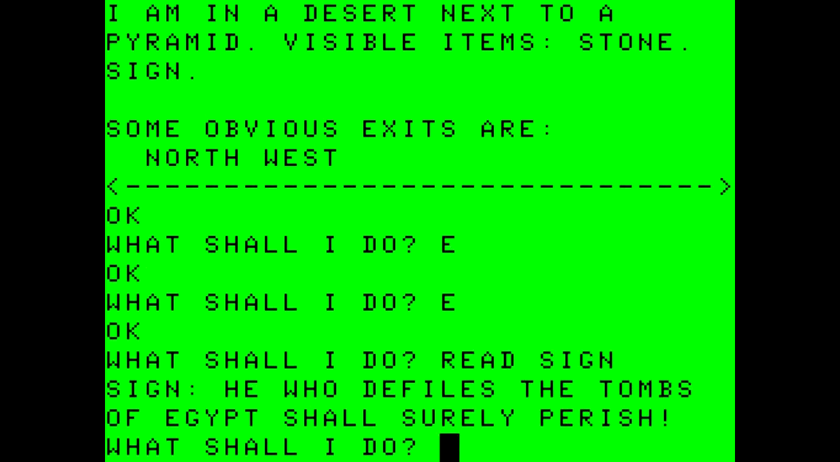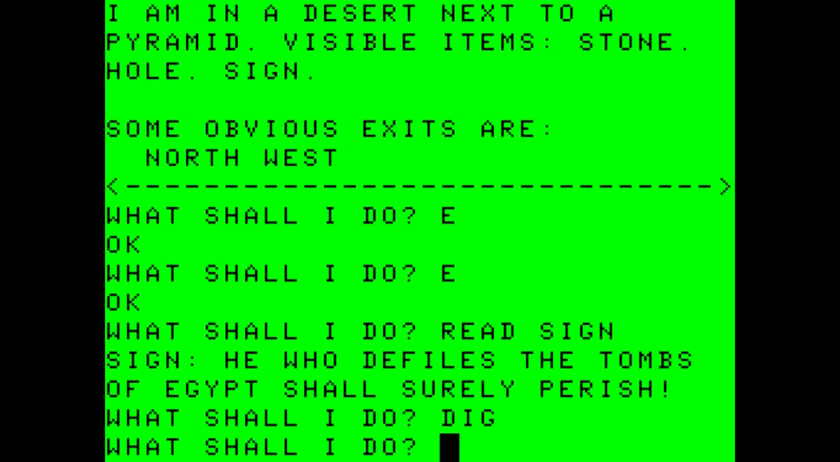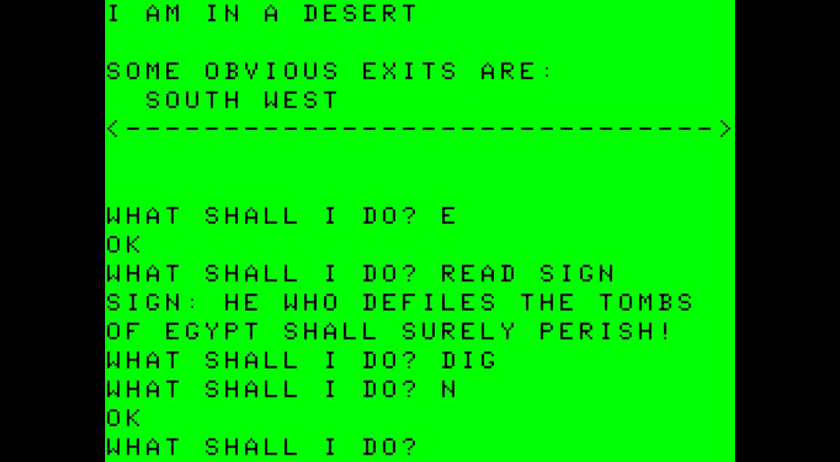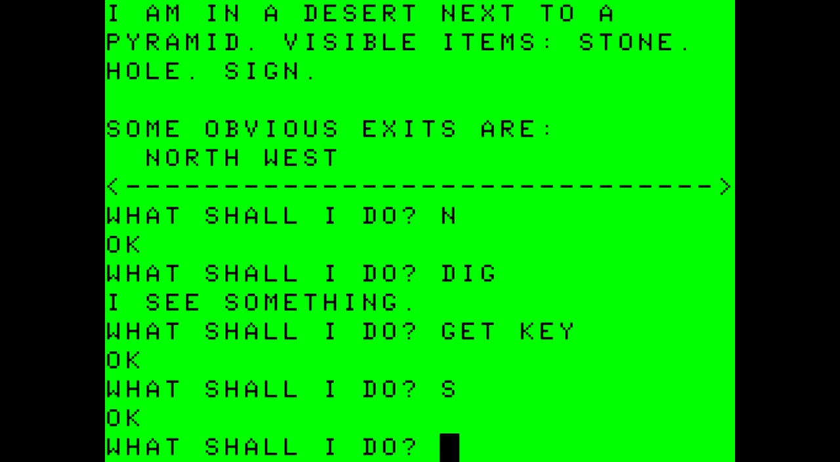He who defiles the tombs of Egypt shall surely perish. From here, we are going to dig. And we have made a hole. We're going to continue, because I forgot to take us north into the desert and then dig, because that is where we need to get the other key. And from here we go south, back to where we made the hole, and then we are going to get